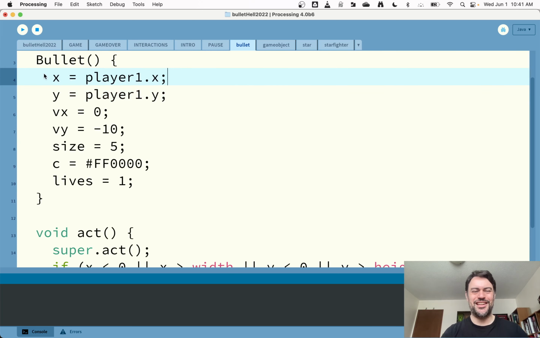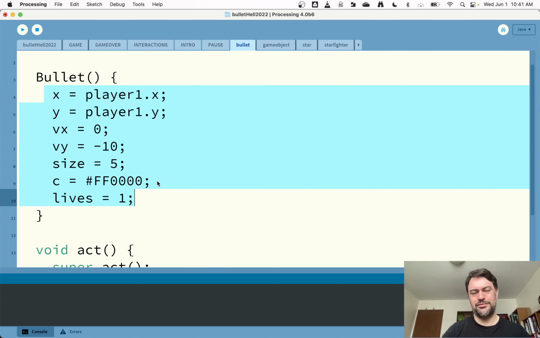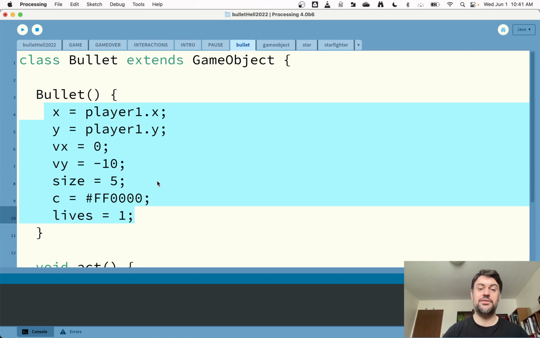What was the hardest thing? It's probably the constructor. It's not that it was that hard, but it was the most amount of code. So what if we could even condense that? So I've noticed that